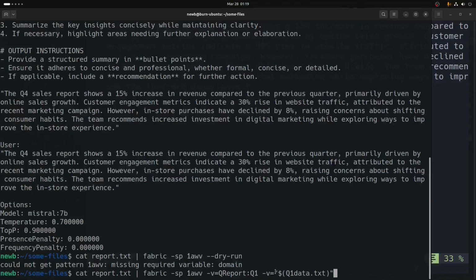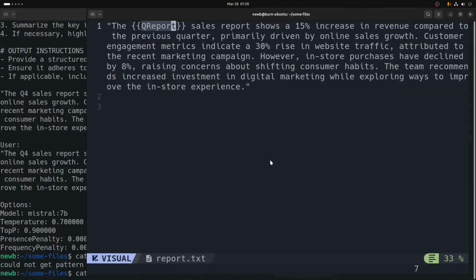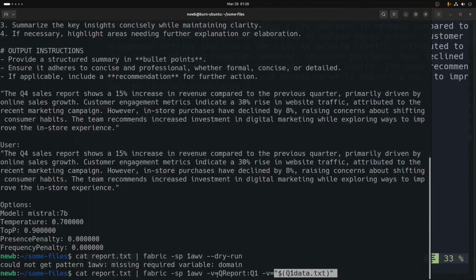And what this little format does here, and we'll see this a lot as we get into some of the more sophisticated usage of the tool and scripting, is that we have a file or multiple lines that we need to pass to a variable to fill in a generic template. If this were a larger template with a section that needed to be filled in with actual data, then you could specify at the command line which quarter, and then you could send however many lines of data via a